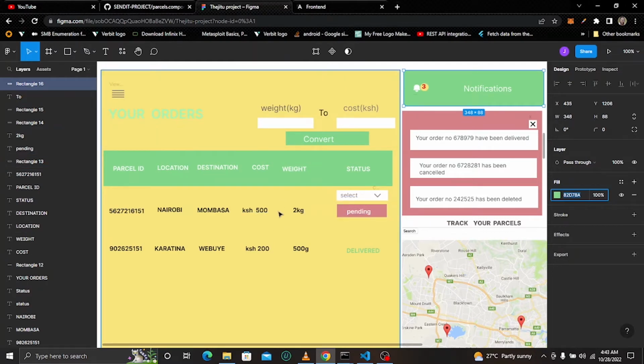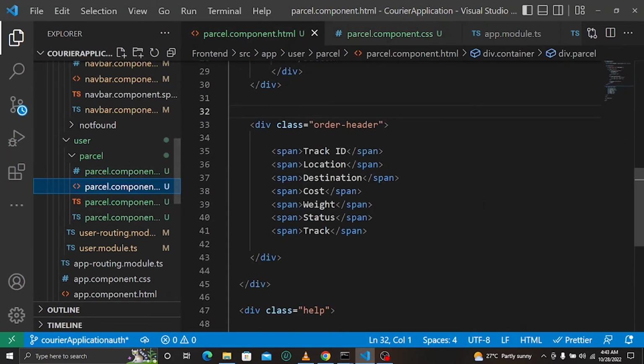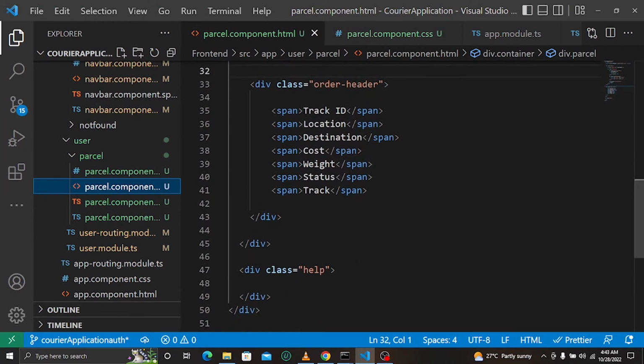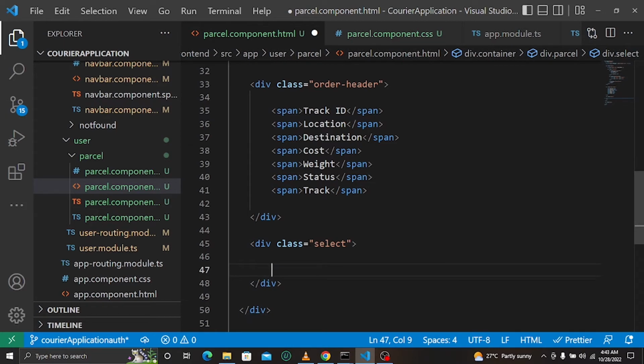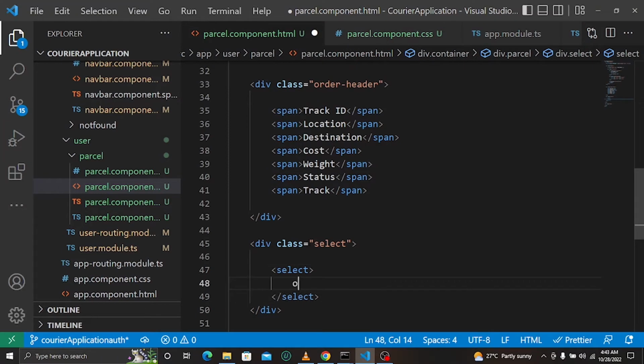And now we need to add this select down here, and then we add this information here. So just come down here in our div and then add another div. You can call it select and then add a select tag, just like that, and then option. You can leave it like that, we add something later. So you can just say from